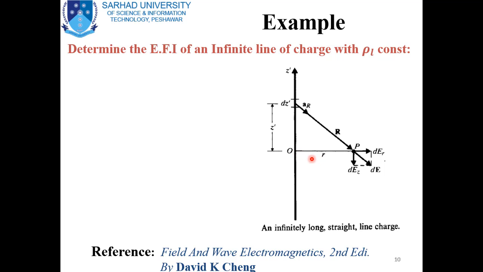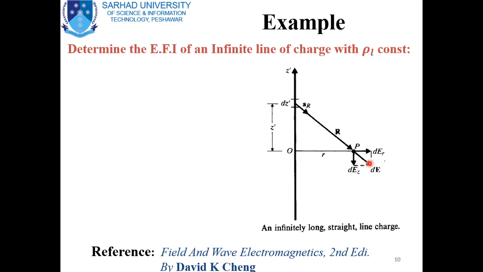We have to calculate the electric field intensity at a point P which is at distance rho away from the center of the line, and we take a charge element on the positive z-axis, and first we will calculate the electric field intensity due to this charge element. So it will be a differential electric field intensity, at a distance r from the point. If we place a positive charge over here and consider that the overall charge is positive, this charge element will repel this charge